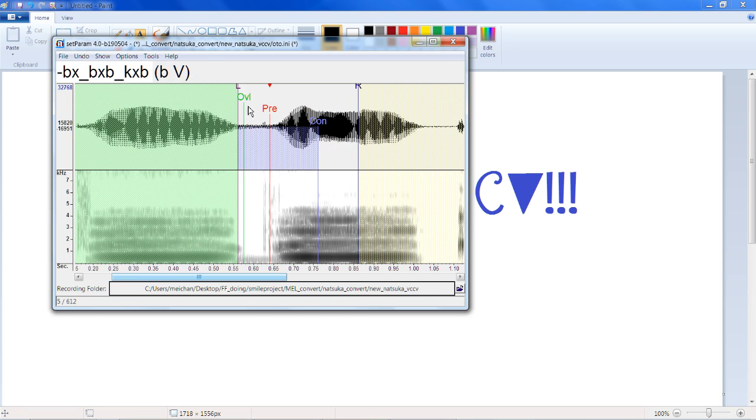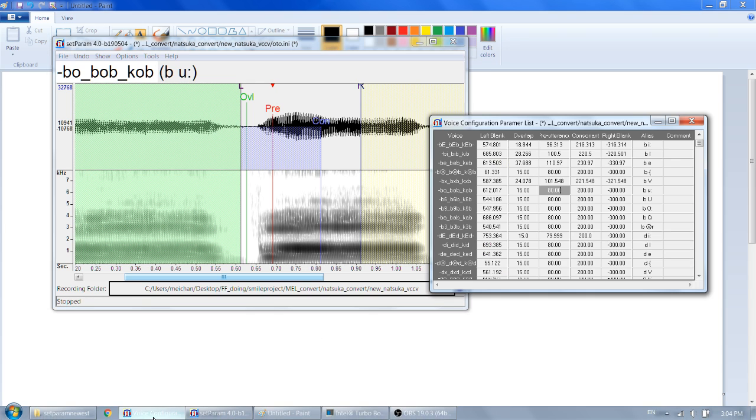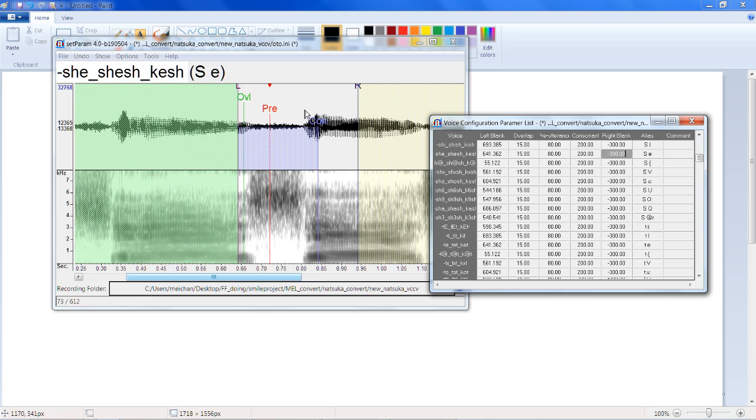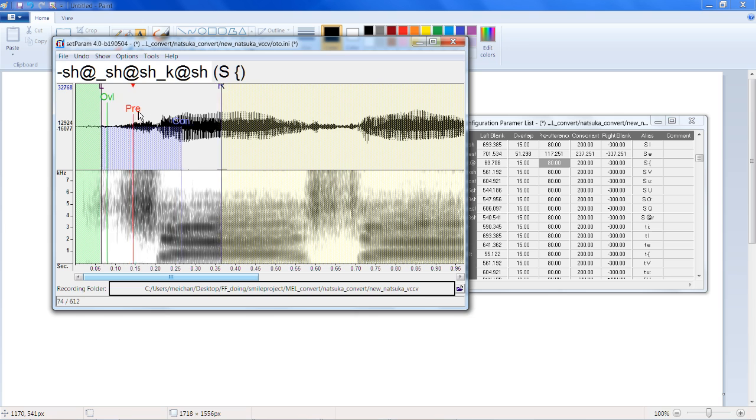CV, everyone knows how to do CV, and because MEL comes with a base OTO with all of the CV set up, you just gotta do this. It's not even a requirement that you change around the overlap. But anyway, let's skip straight down to something like this. Now, it's totally up to you how much overlap and how much vowel you have. It's kind of not the most important to have the overlap properly when you're doing the